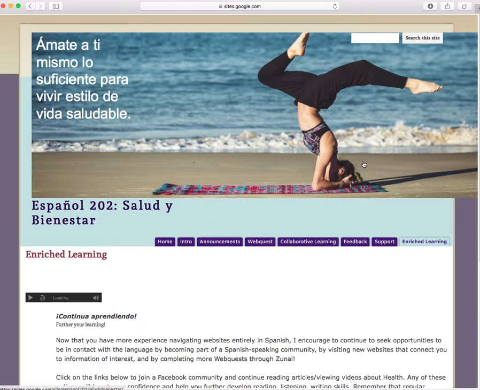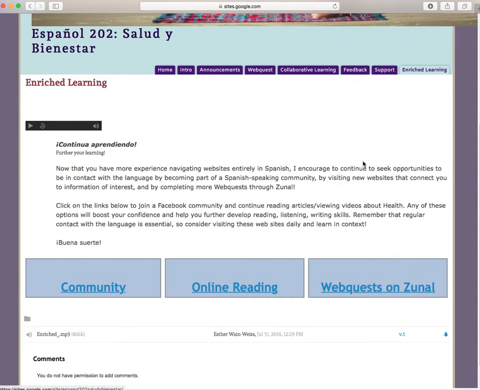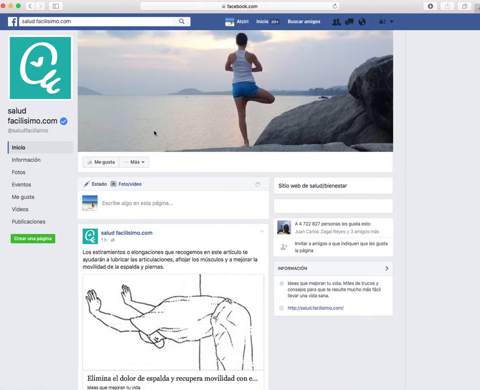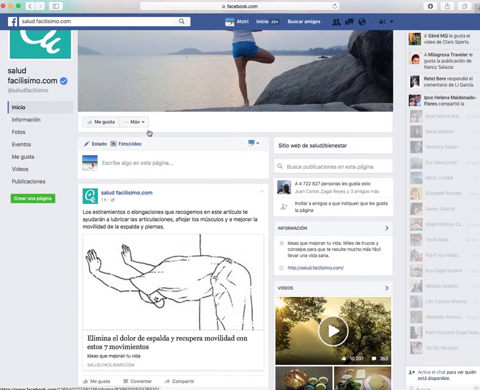And finally, on the Enriched Learning tab, I encourage students to continue visiting websites and materials online in Spanish, to join Spanish-speaking communities. And I give them one example, that is to join a Facebook community, which is this one right here.